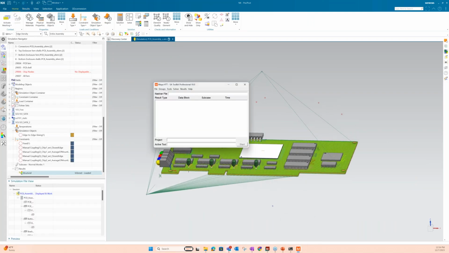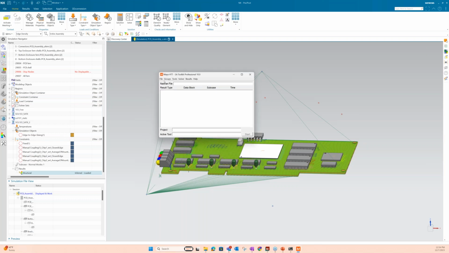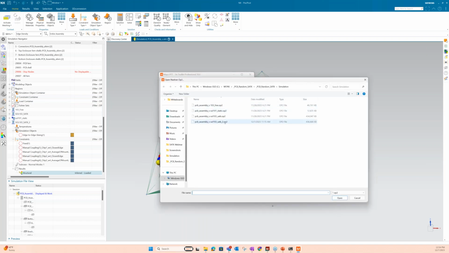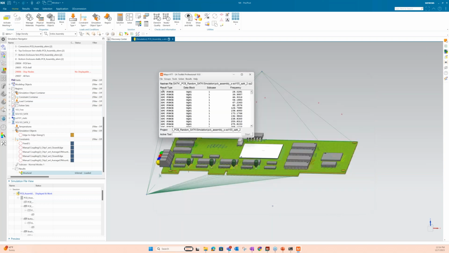Now, let's go into the Structural Analysis Toolkit and take a quick look, and let's see how we set this up. So this is the Maya Structural Analysis Toolkit interface. I'll come in, and again, I'm pulling the OP2, the results file, from the modal run, and I'll quickly read that in. If you have a much larger file, you can do a quick open where it's not going to take time to read through. If you have a terabyte model, you might want to do that. But that was about a half gigabyte file that I read in.